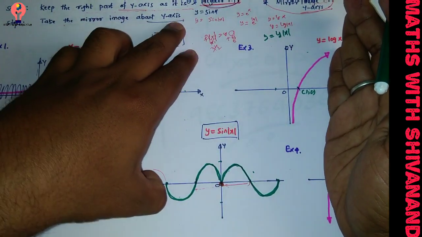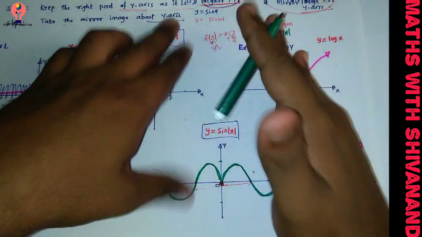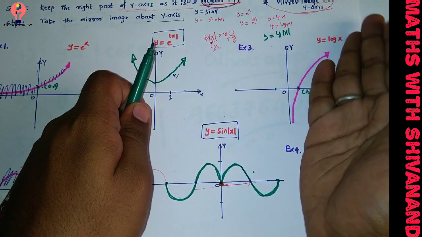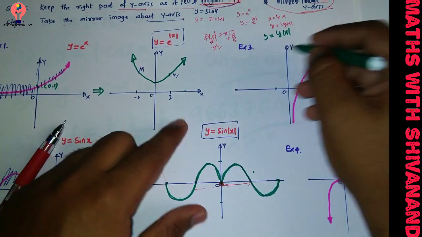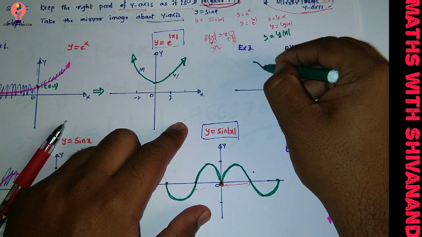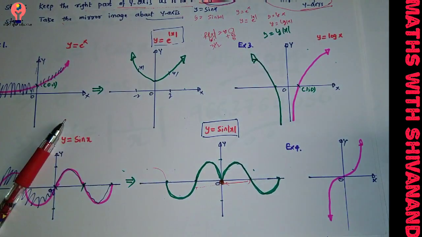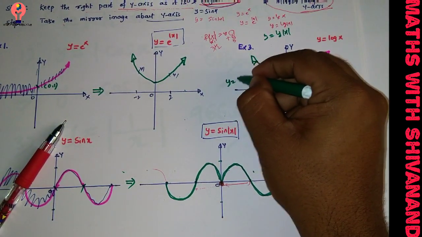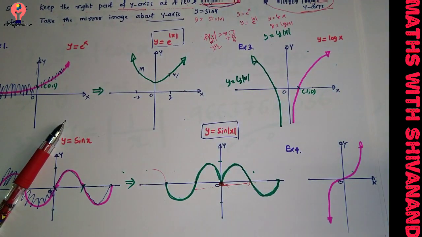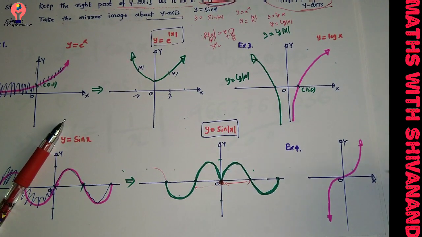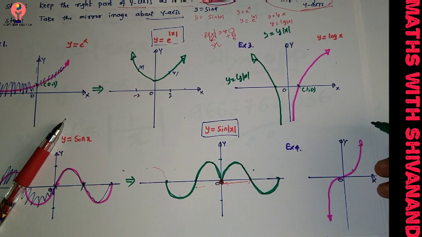Take the mirror image about the y-axis of whatever remaining part is there, so flip it with respect to 180, a complete flip. So can it be like so? Definitely. Okay, it is not subject to scale. Understand student, this is the graph of y is equal to log mod x. I'll be having one more curve here. It's the curve of y is equal to x cube.